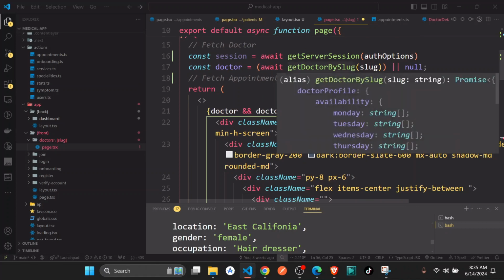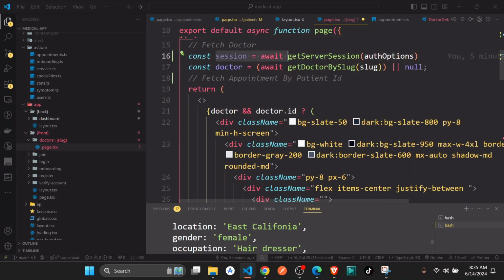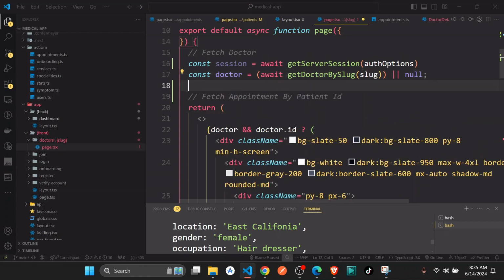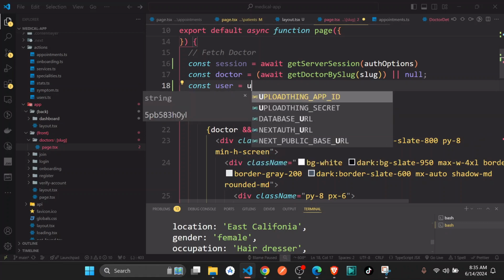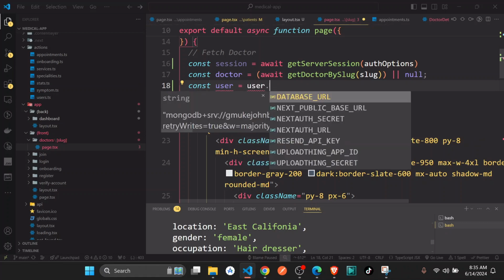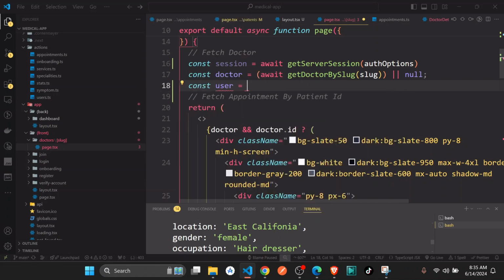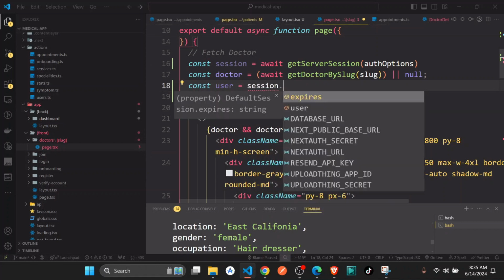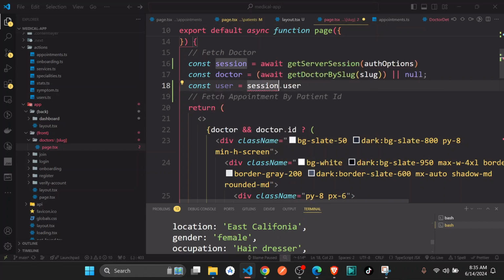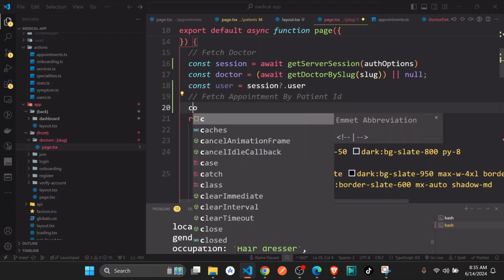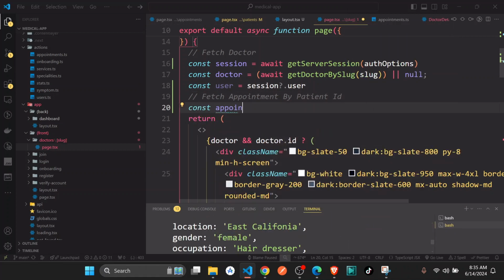So I'm just going to count on this one. I'm just going to say const user is going to be session dot user. Most of the times the session is not going to be there, it's going to be somehow null, but we can find the user. And then we can go ahead and just say const appointment